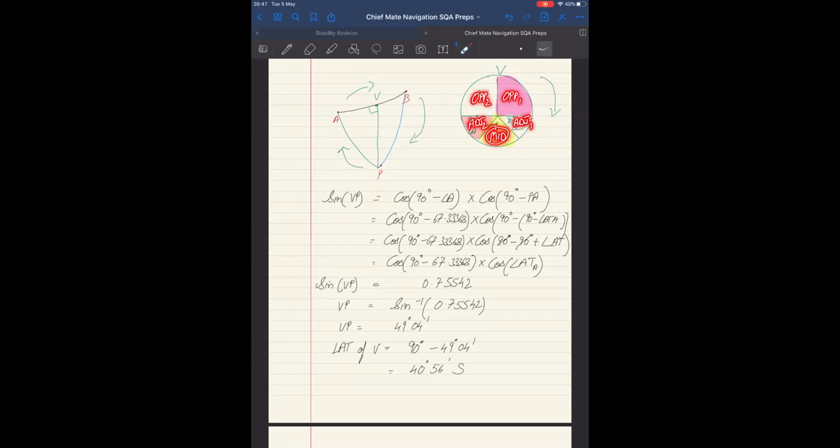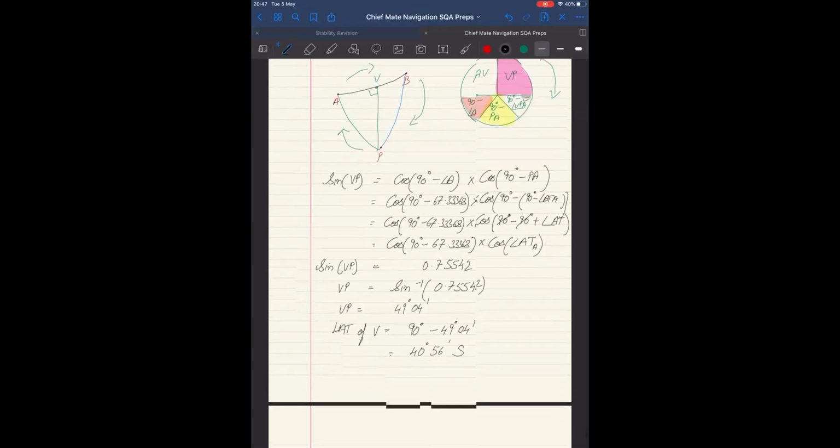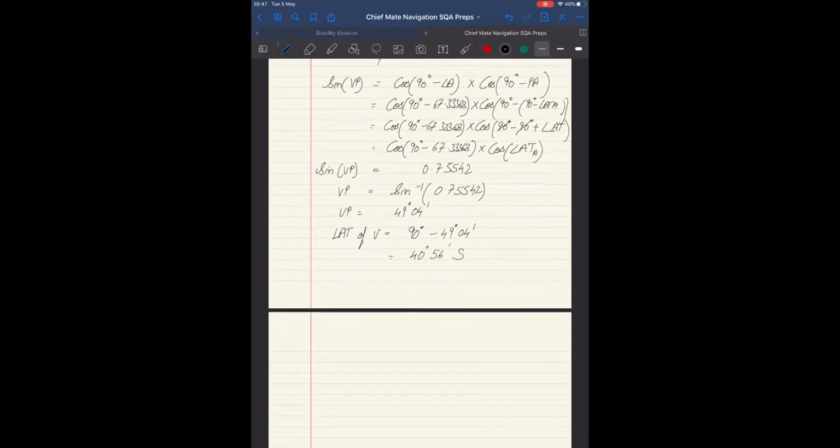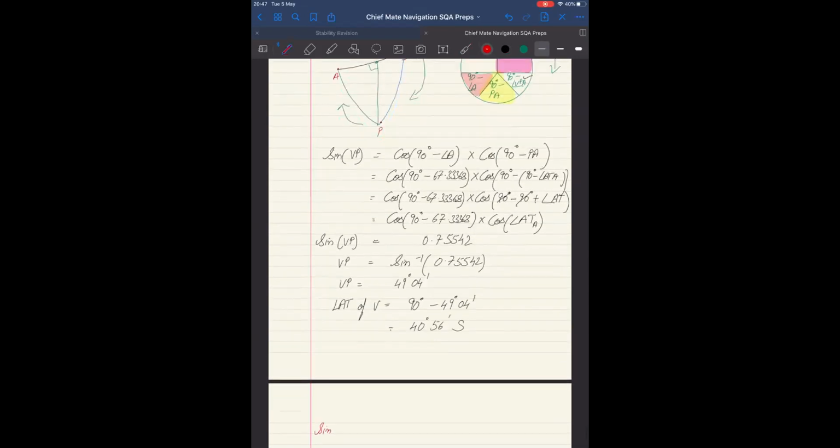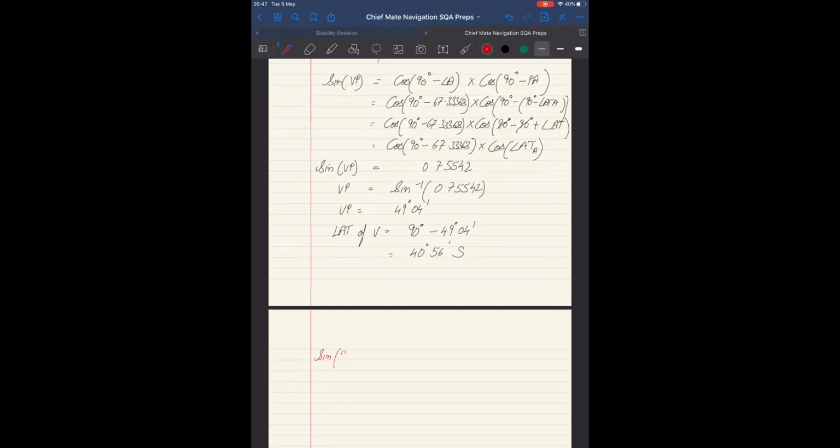So I can clearly use the adjacent formula where sine of this mid part is equal to tan of this adjacent value multiplied by tan of this adjacent value. So we'll rewrite the formula again. I'll say sine of 90 degrees minus PA